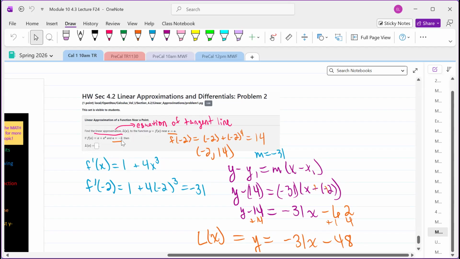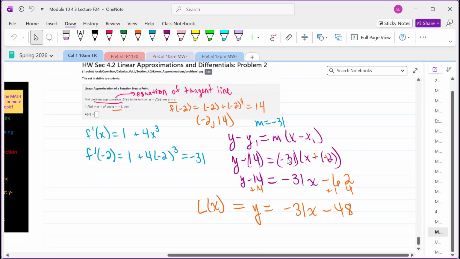We had the x value was -2, but we needed to know the y value. So we plugged -2 into the original function to get that value. And then we just used our normal point slope formula. And I solved it for y because they had L of x equals. You could probably even type -31 times x minus -12, and then just write plus 14 outside the parentheses, and